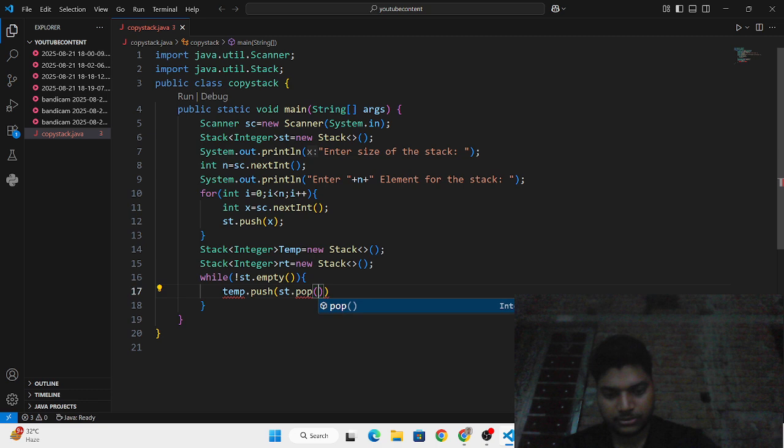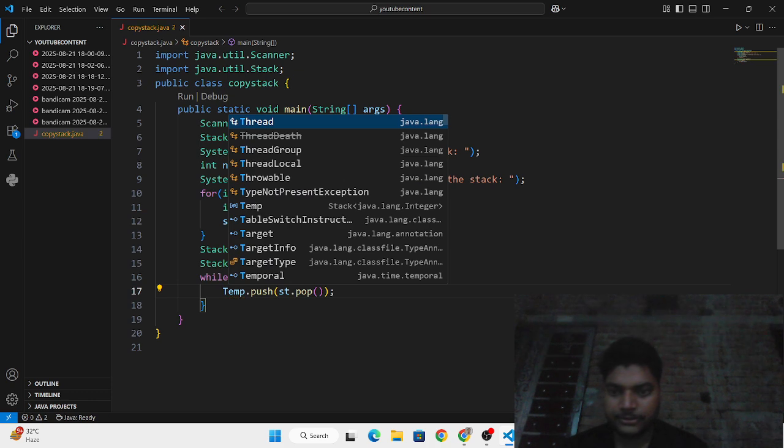So temp dot push, st dot pop. So I have created temp here.